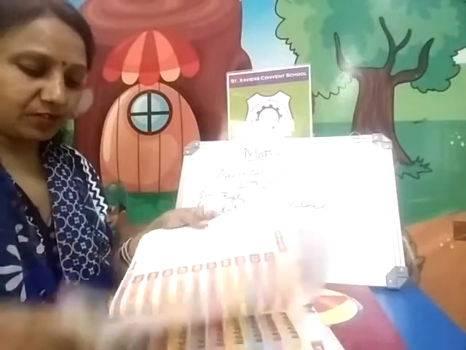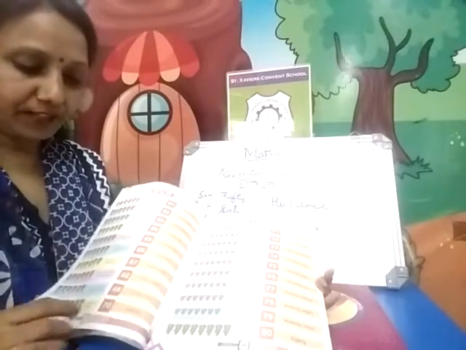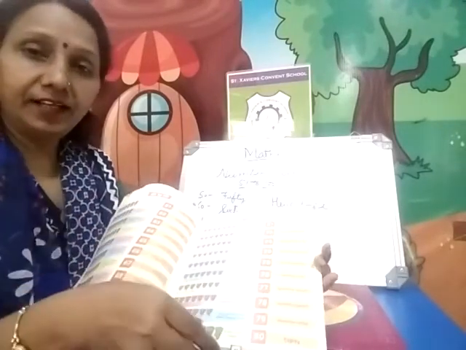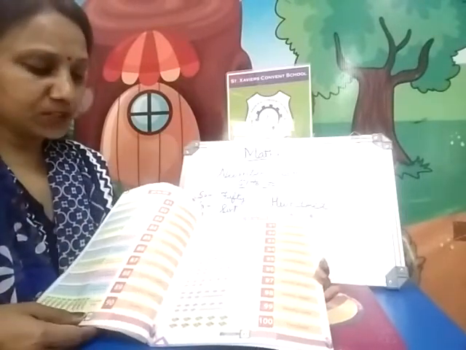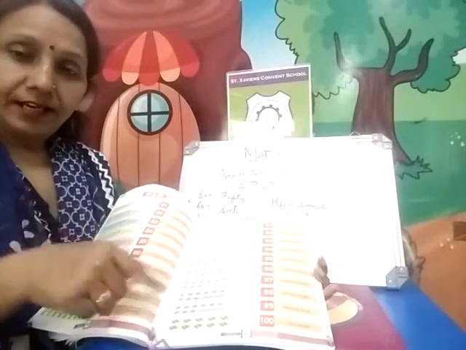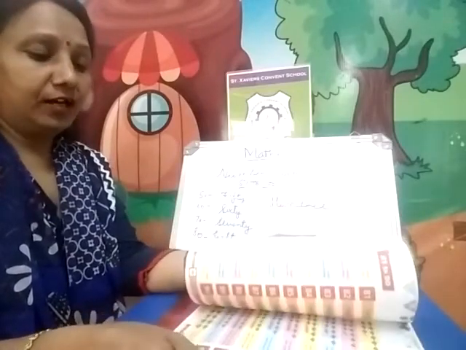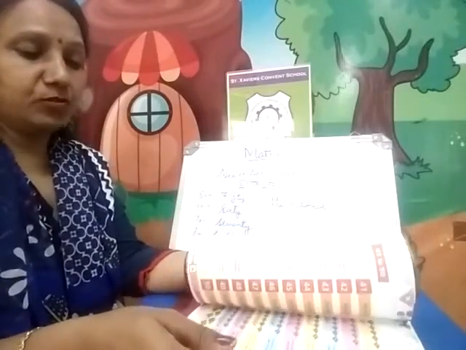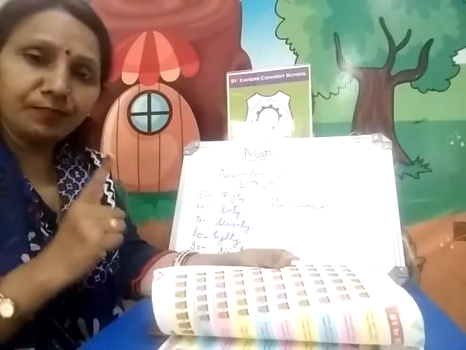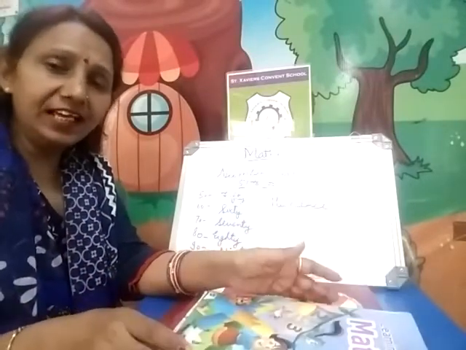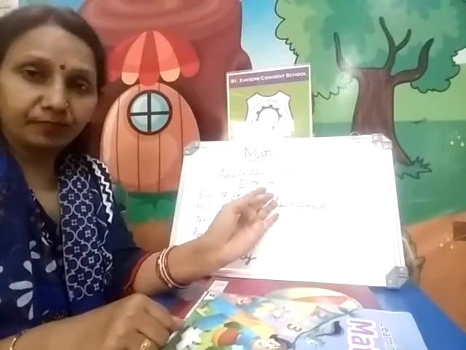Okay, page number 37 you can see. One day you just practice page number 37. Next day you practice page number 38. And then the next day page number 39 practice. Next day you just practice page number 40. Next day you will practice page number 41. So from page 37 to 41 you just learn one page in a day. One page in a day. Alright, then easily and very comfortably you can learn the spellings of these numbers.